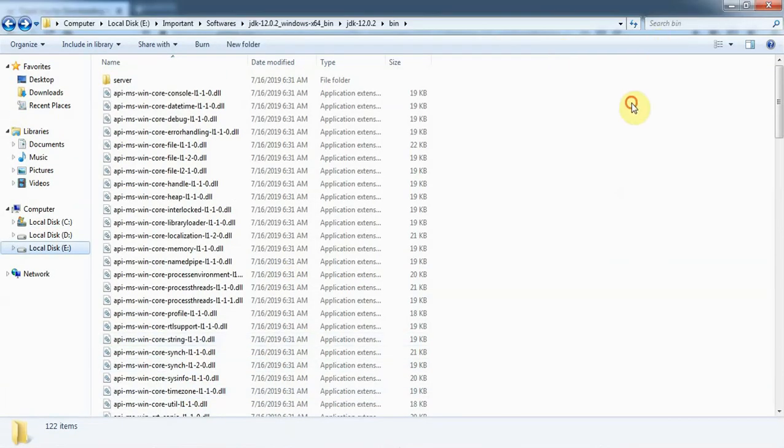So this is the location where I have installed Java. I went inside bin, then I'm copying all these locations. First you need to see JDK. Inside JDK, again there will be one JDK folder inside which you can find the bin folder. So all this path you have to copy